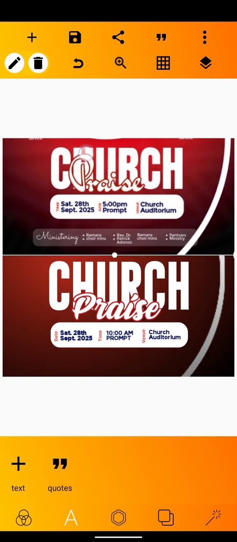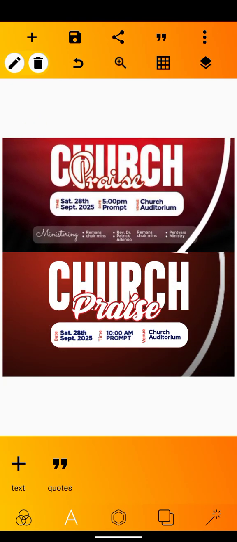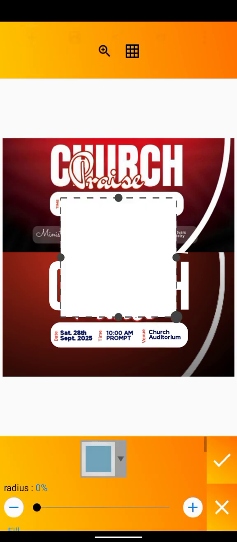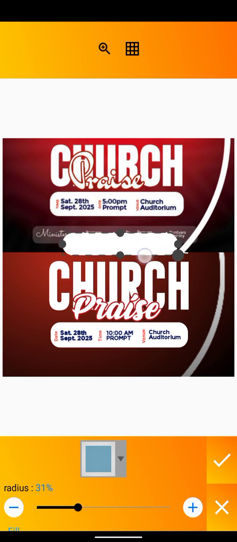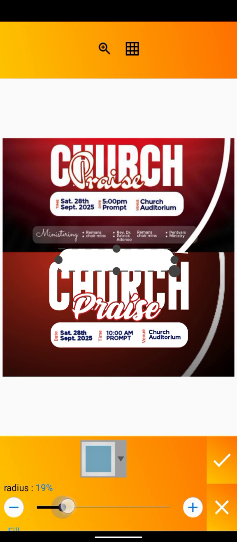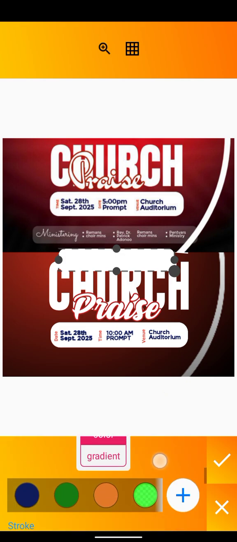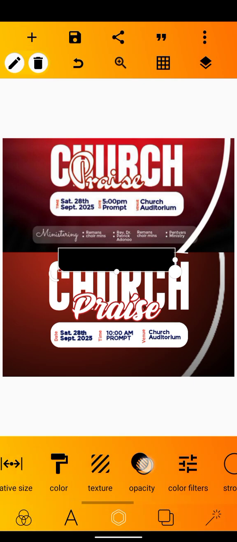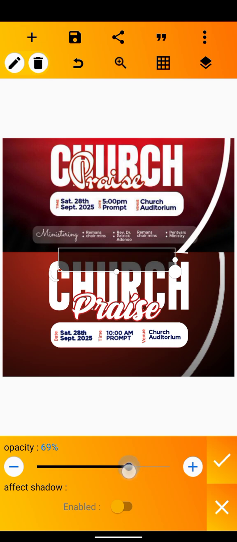All right, the next thing we're going to be doing is also what they do. Okay, now let's do it this way. We are going to repeat the same process of bringing in a shape like this, bring in our shapes again, and then use the radius again this time. But this time it's not going to be white again. It must be black, right? Yes, kind of dark though. So this time we are going to use what we call the opacity. Remember I told you what opacity is,